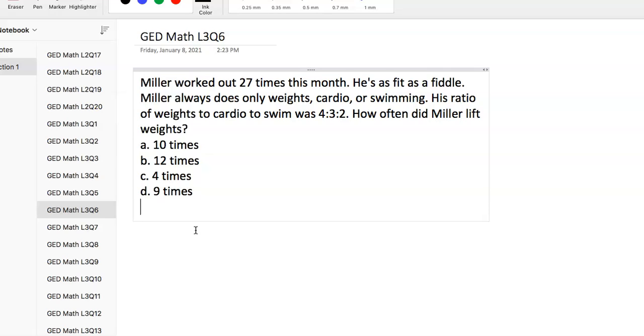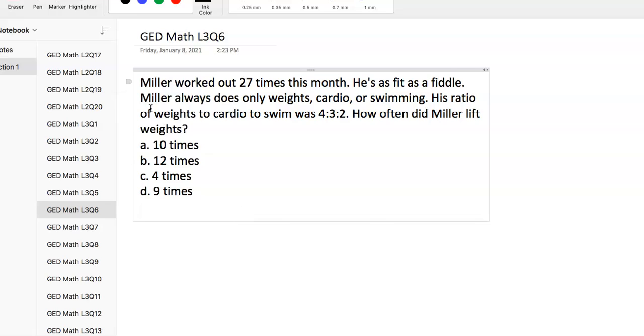Okay, let's see, question 6. Miller worked out 27 times this month. He's as fit as a fiddle. Miller always does only weights, cardio, or swimming. His ratio of weights to cardio to swim is 4 to 3 to 2. How often did Miller lift weights? Okay, so